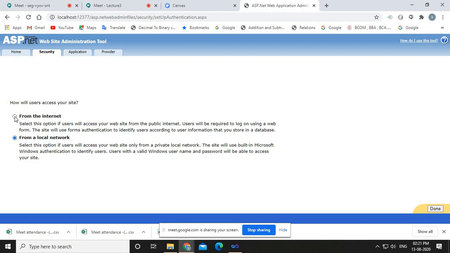But if you want to host that website on the internet, if you want to maintain a separate database for the users, you need to change the authentication mode from Windows to Forms, right? So here you just select from the internet. The authentication mode will now change from Windows to Forms, and you just click on done,